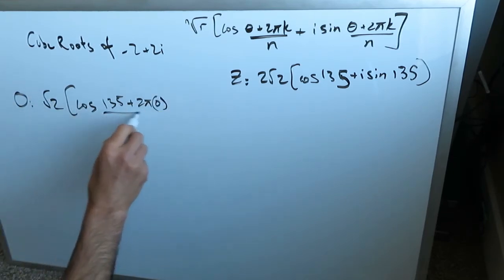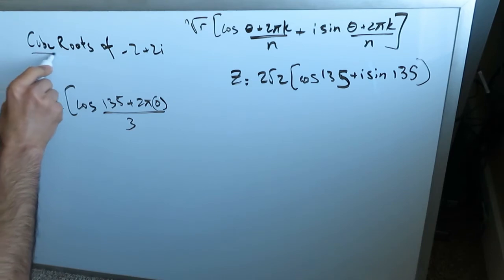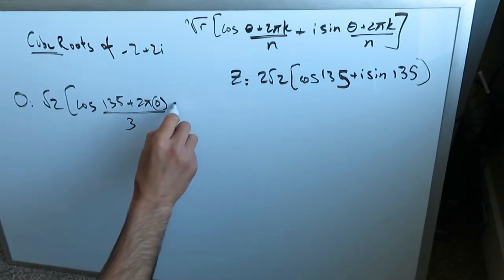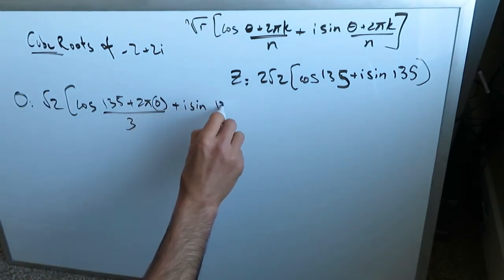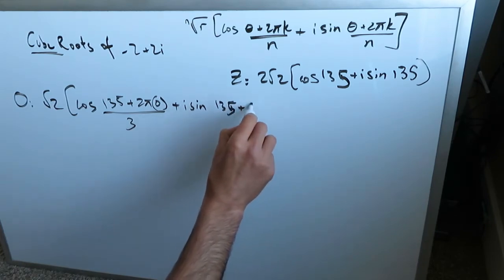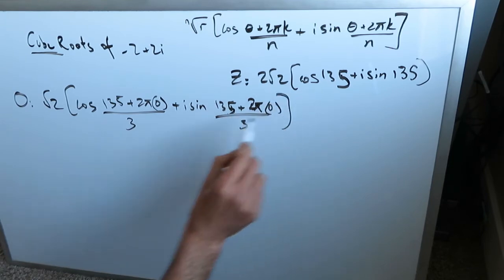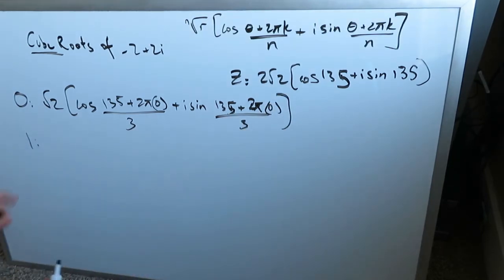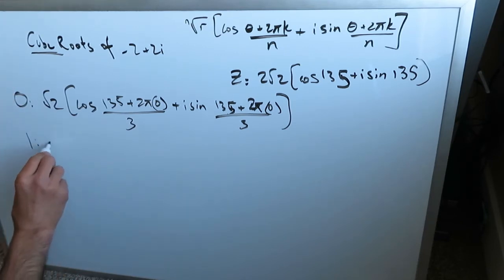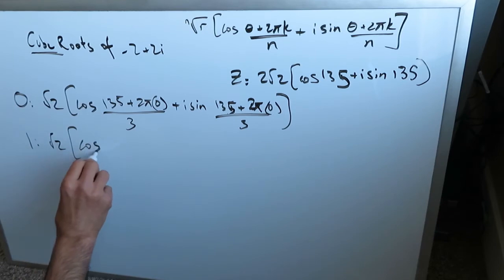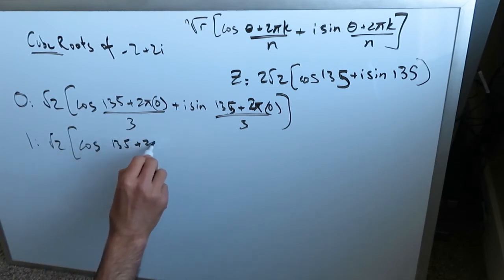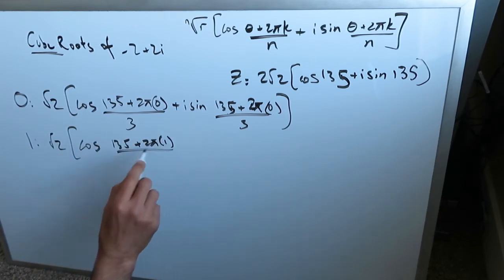Here k is 0, all divided by your n value, which is 3, plus i sine of 135 plus 2 pi times 0 all over 3. And my next k value, remember k values are 0 all the way up to n minus 1. My n is 3, n minus 1 is 2, so we'll do 0, 1 and 2 and that'll be it. This part will run through like this: 135 plus 2 pi times 1, k value of 1, divided by